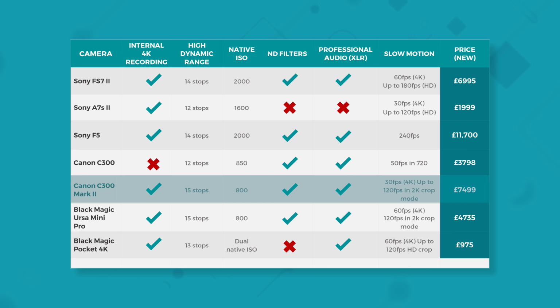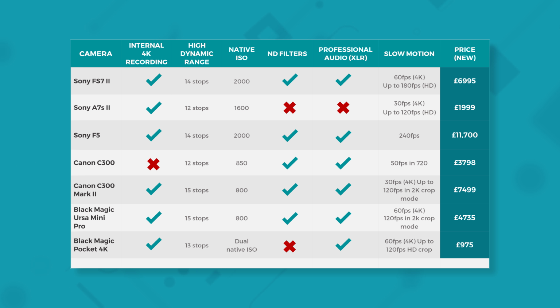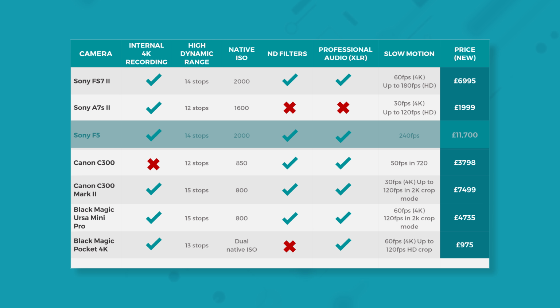From this list, I do think one to watch is the Blackmagic Ursa Mini Pro, which is well priced and has some great features. Let's not ignore the incredible features of the Sony F5, but that's considerably more expensive in terms of budget. Of course, this is all part of the fun for us camera nerds when it comes to